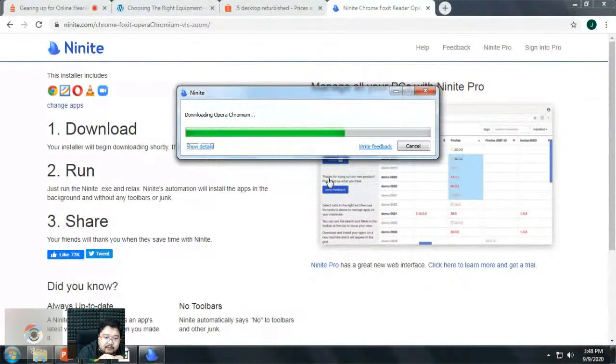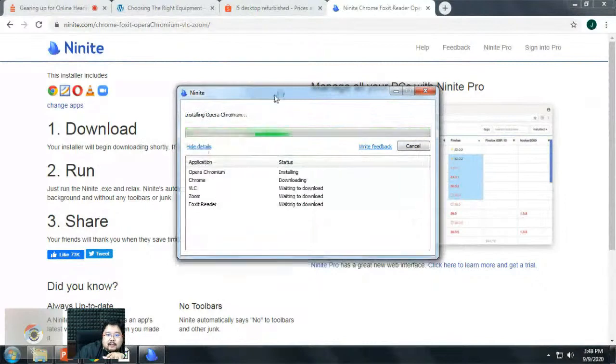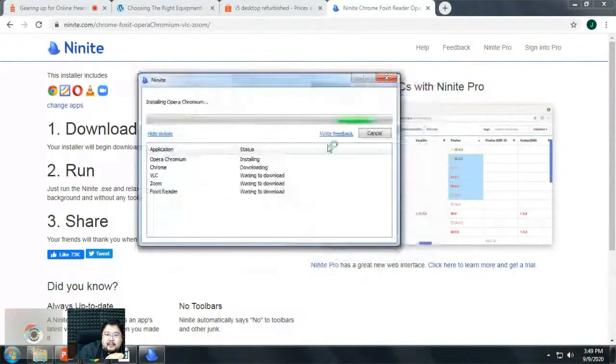If it's out of date, it'll update it for you. And if it's not there, then it'll download it. So you can see here, I don't seem to have Opera Chromium. So it downloaded it and it's installed. So Chrome, I'm using Chrome now, so most likely it'll skip.